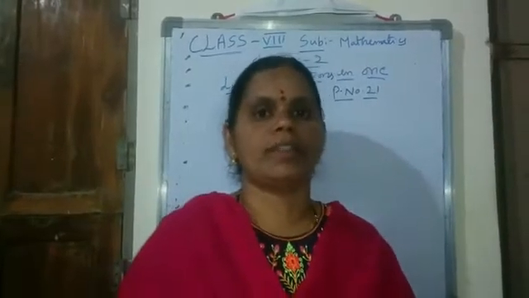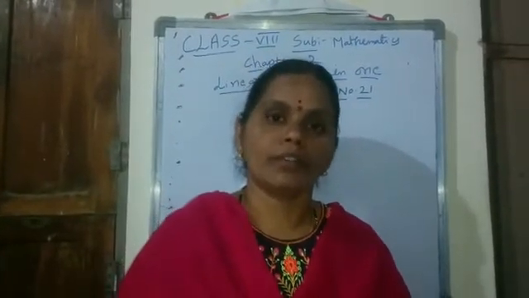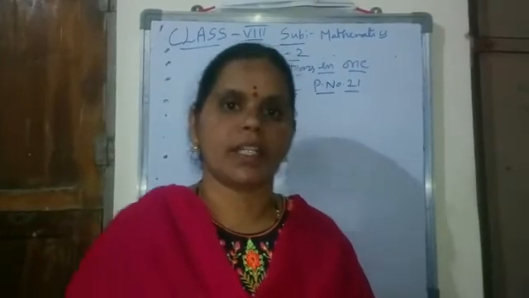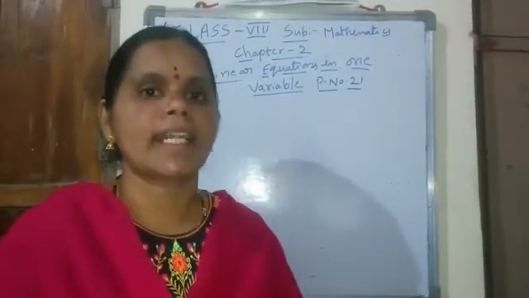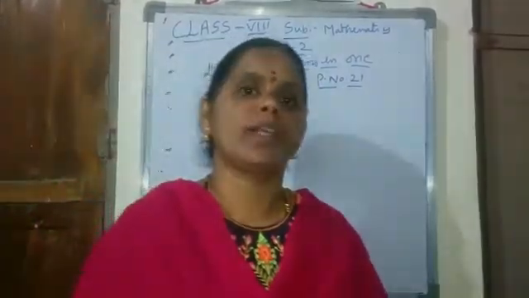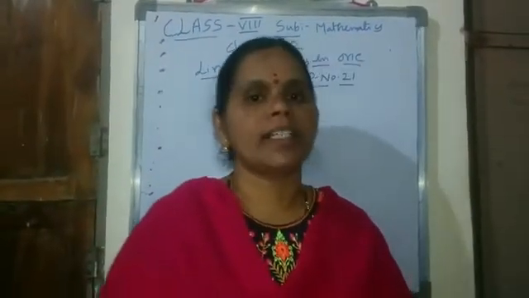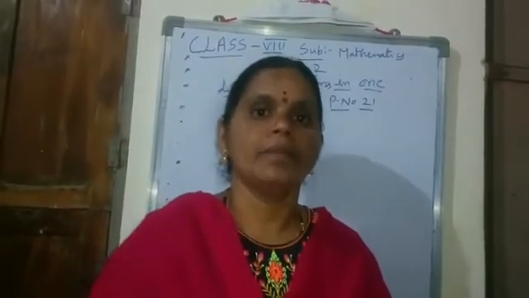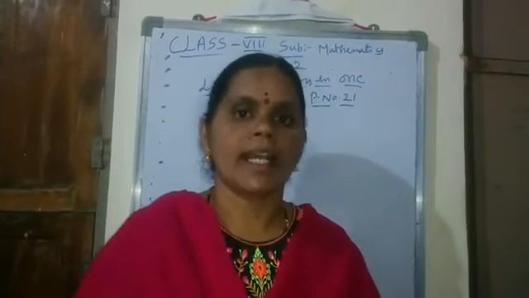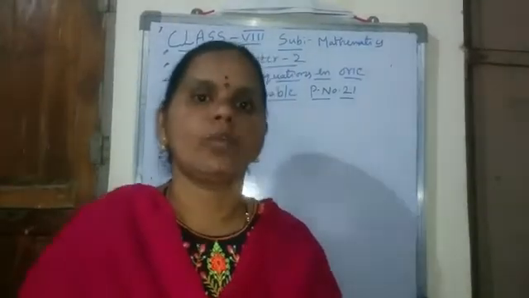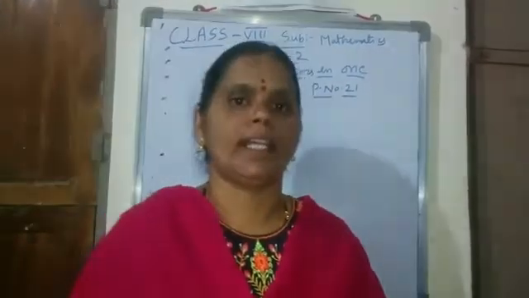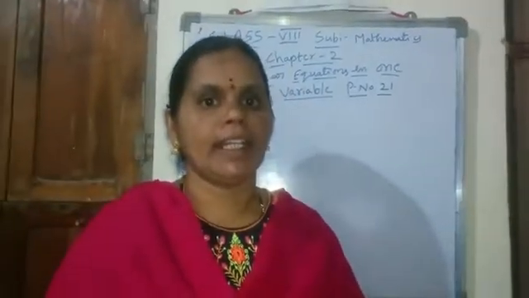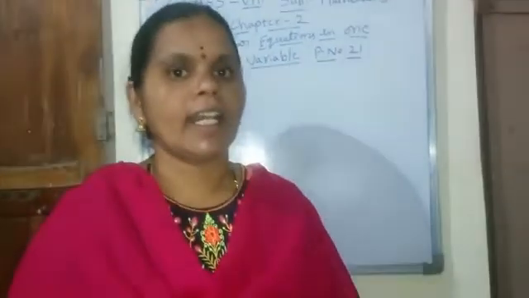An equation is formed with constants and variables with the fundamental operations: addition, subtraction, multiplication, and division. An equation has two sides, one is LHS and another is RHS. LHS means left hand side, RHS means right hand side. Between these two sides, an equation has an equality sign, meaning equal sign. The exponent of the variable in a linear equation is not greater than 1.